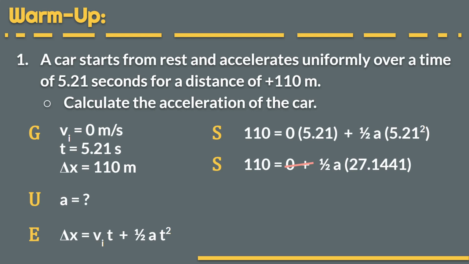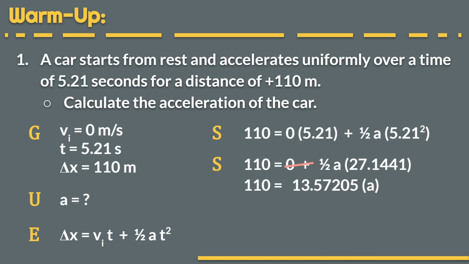Okay, and so now we have this. 110 equals 1/2 A times 27.1441. So half of 27.1441 is that value, 13.57205. Again, your whole goal here is to isolate your variable, get A by itself, and so your next step